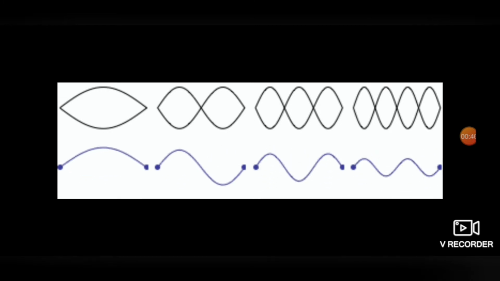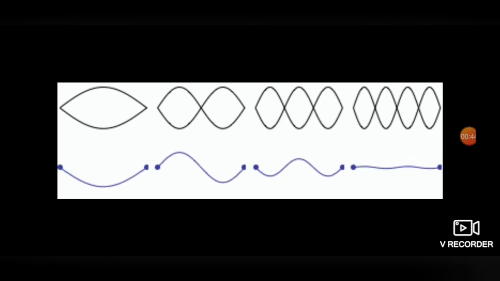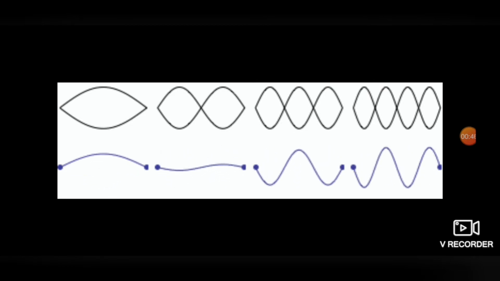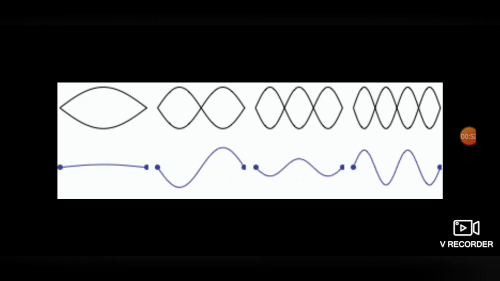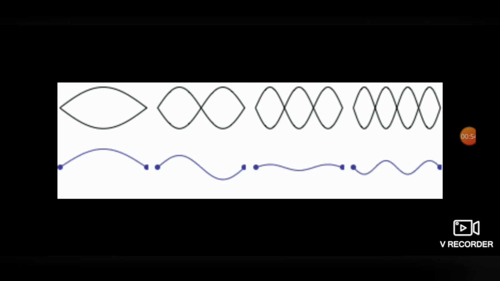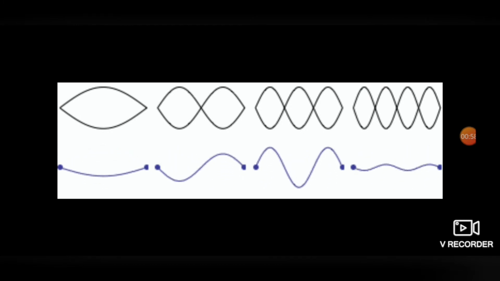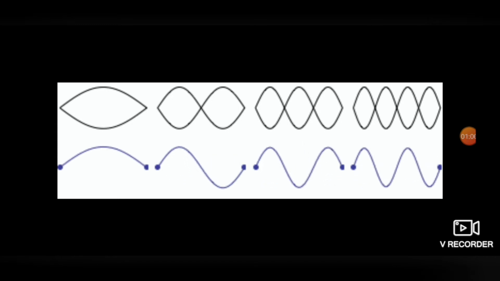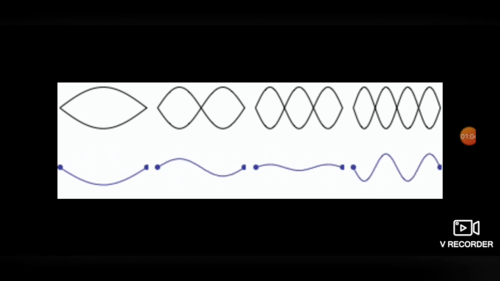Moreover, the first one up from the left is the first harmonic, the fundamental. The second one is the second harmonic, the third one is the third harmonic, and the fourth one is the fourth harmonic. Okay, so this is how that diagram I was making on the board, and if you are able to relate this diagram with the diagram made on the board, you will be able to understand.